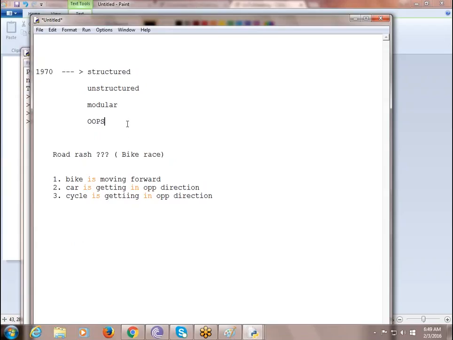Later on, they came across OOPS. What OOPS says is that anything should exist in the form of classes and objects. Why object here? My question. At that point in time, 1970s or so, take some object like a pen or CPU, whatever. Take any object in this world and try to design some application on that.